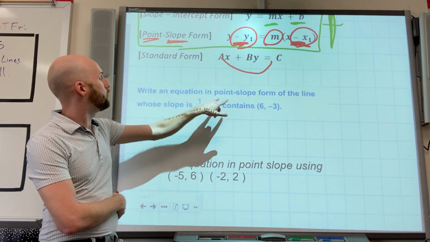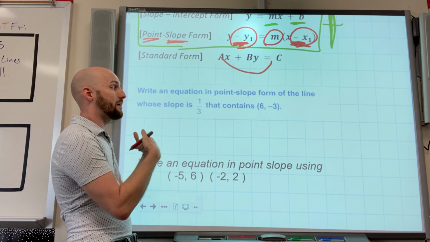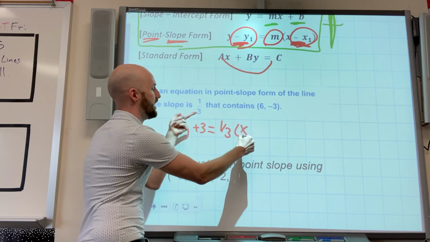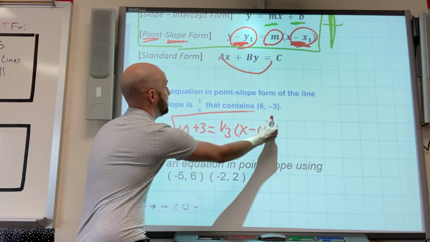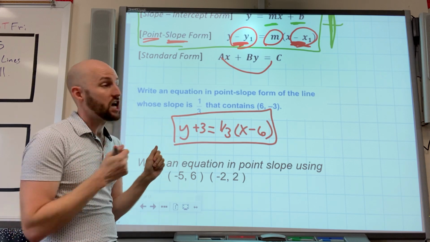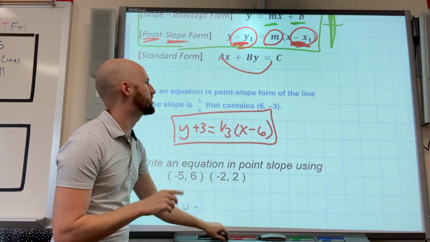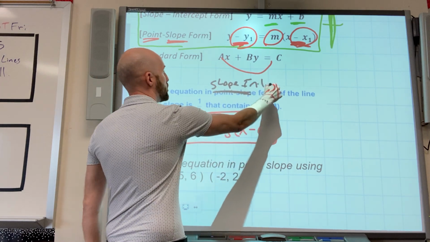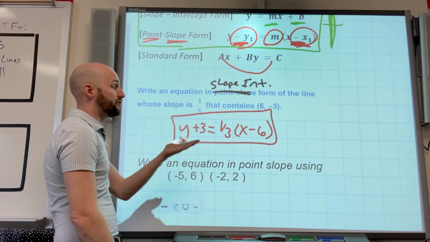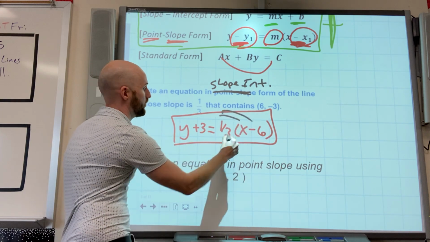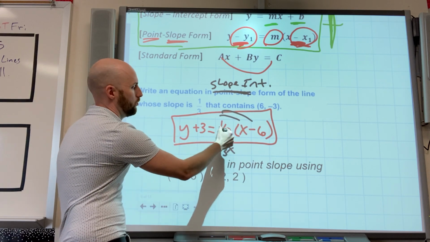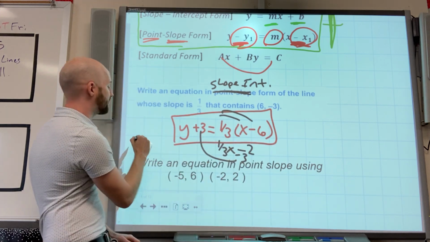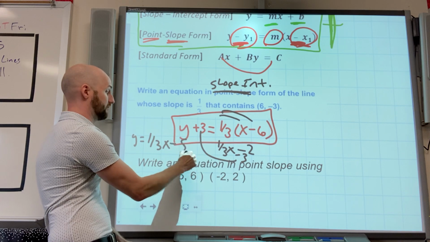So here I wanted to show you how point slope form can be easy when you just take this and plug it in. You have y, you do the opposite sign of the y point equals slope x opposite sign of the x point, and literally you'll leave it like that. You're done. Don't do anything else. Now, if the question said, nah, but I want it in slope-intercept form, you have two choices. You can either start like this and then start solving, like 1/3 x, that's negative, 1/3 of 6 happens to be a perfect number of 2, subtract 3 to the other side,